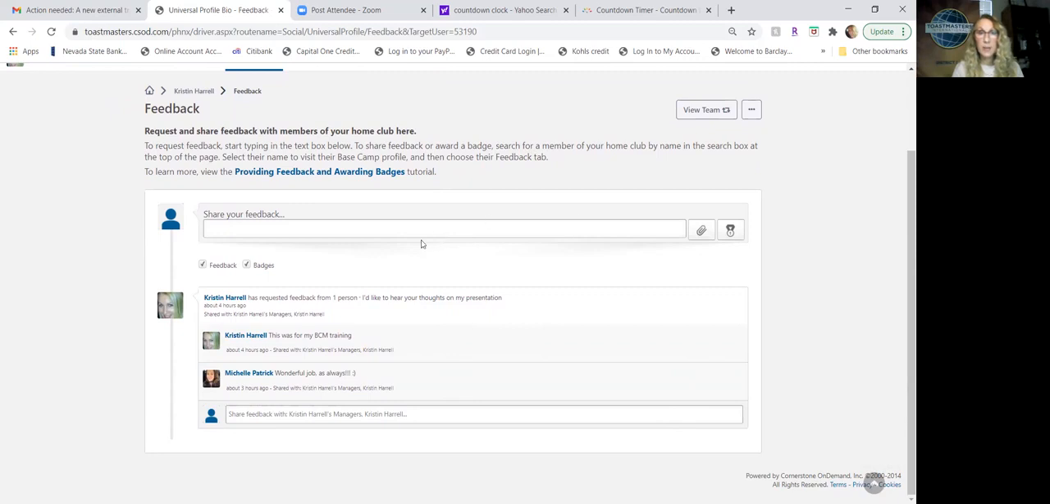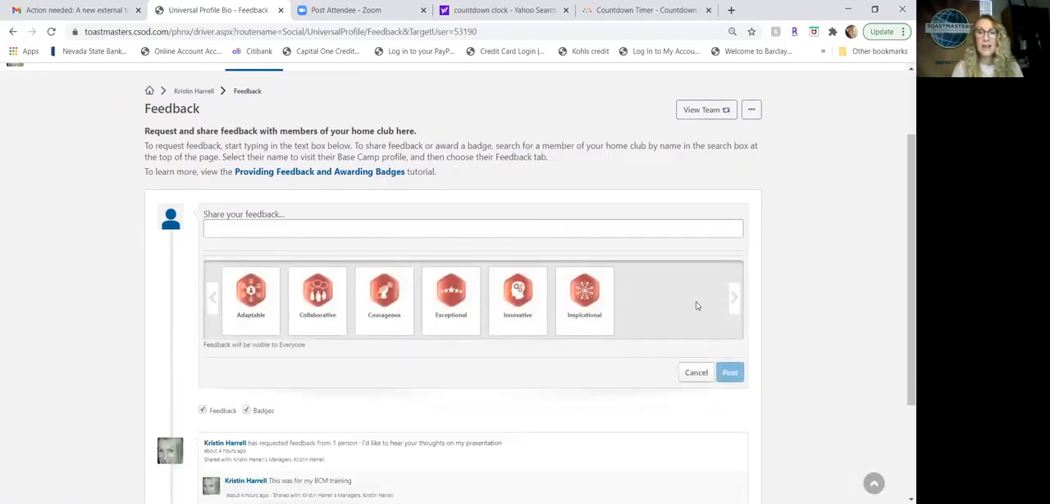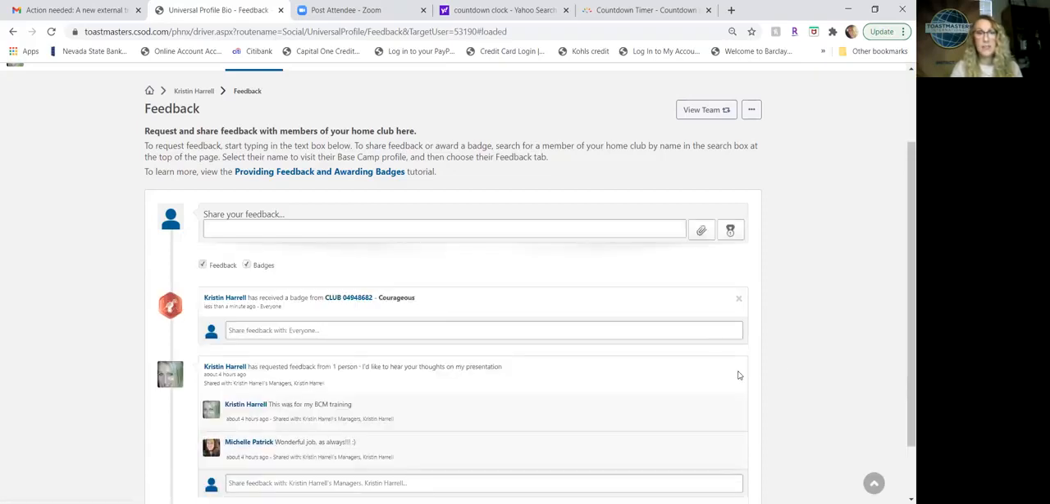Not only can you give somebody feedback as Basecamp manager, and all I'd have to do is type it in there, but I want to show you this little medal right here. I can assign them a badge. And these are like cool little feedback badges. So if, say, Kristen Harrell, who's not me, gave a speech on something super personal and difficult in her life, and I thought that was super, super courageous, I could click on courageous